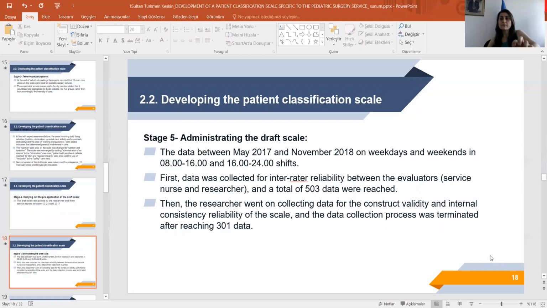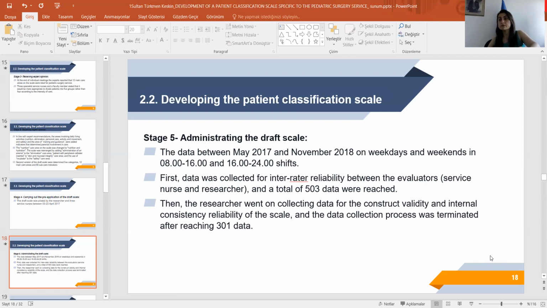Data were recorded between May 2017 and November 2018 on weekdays and weekends in the 08.00 to 16.00 and 16.00 to 24.00 shifts. The first data were collected for inter-rater reliability between the evaluators, and a total of